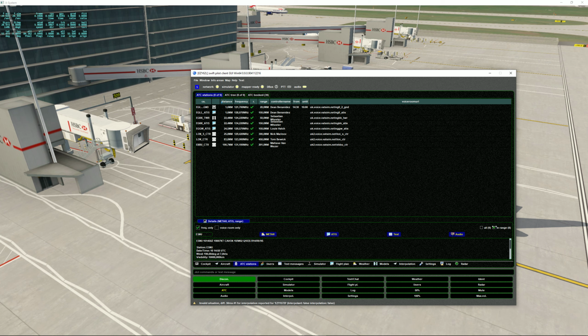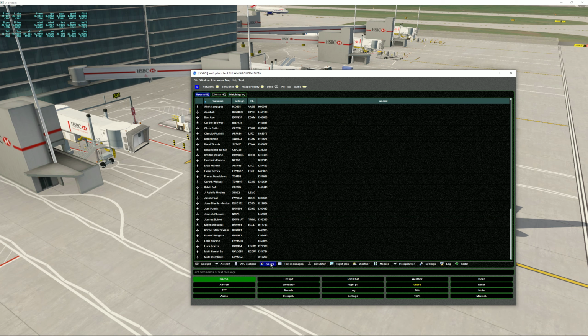I think this is actually the default one. I always use the all button, just in case I need it and Swift doesn't read the range properly. Okay, so next button to the right is the users button,